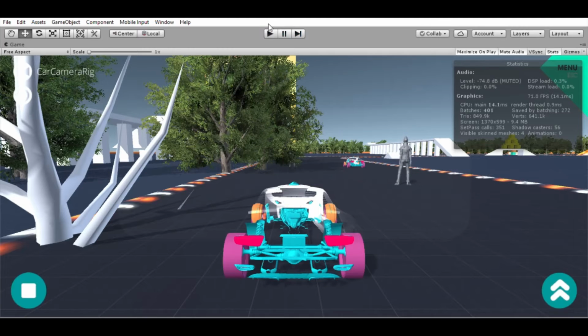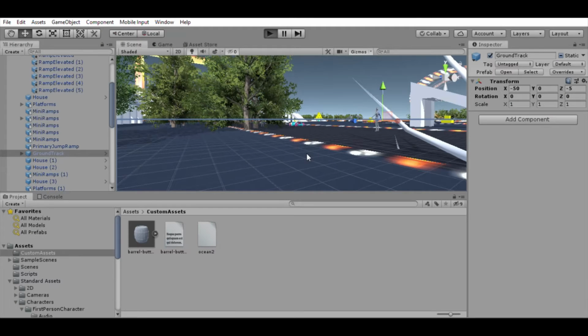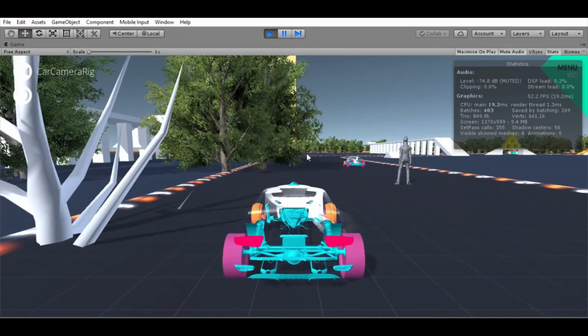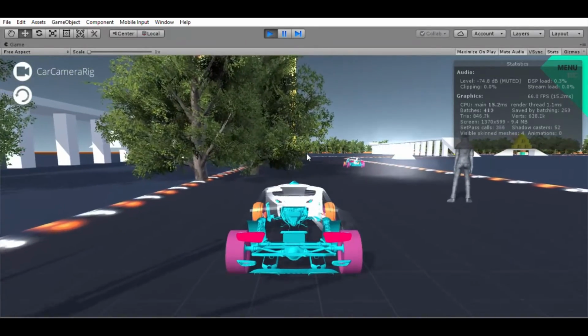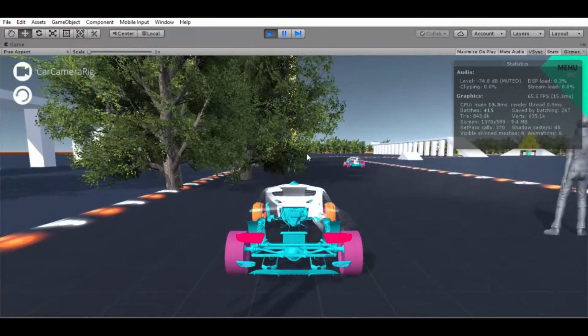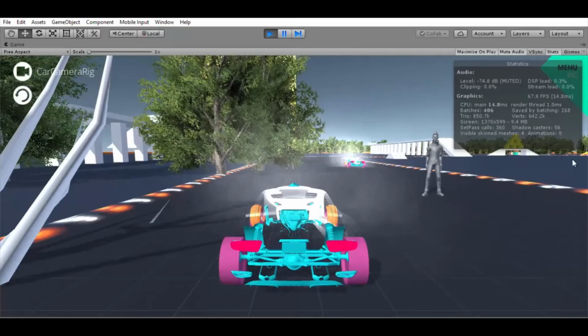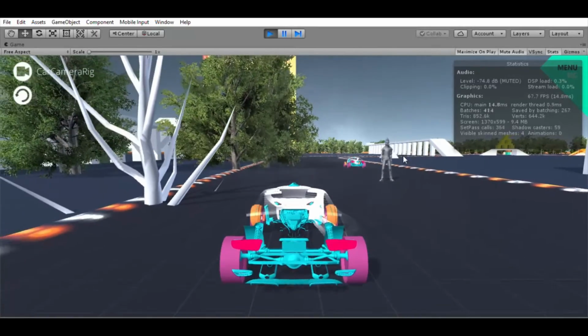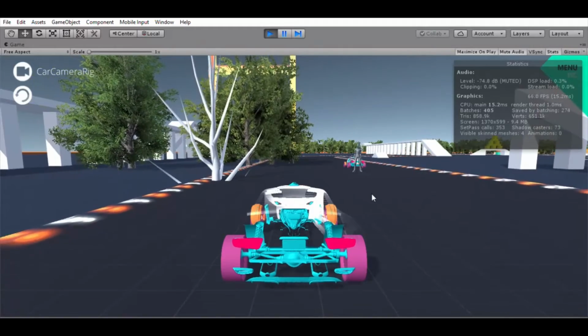Get back into game mode. Yeah, so it doesn't get disabled till I... yeah. So now as you see, I'm using the keyboard,